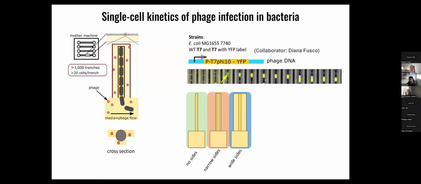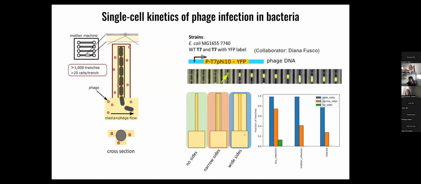And using this, we could benchmark different microfluidic devices, and we found that only devices which have really wide trenches are actually suitable. If we compare the fraction of trenches that had any infection, or the probability of getting infection to the mother and then eventually being cleared out due to lysis, it is only the blue design that enables a really high proportion, near 100% infection rates, of getting the mother infected and getting clearance. So that's why we opted for a new design of these 3-layer microfluidic devices.